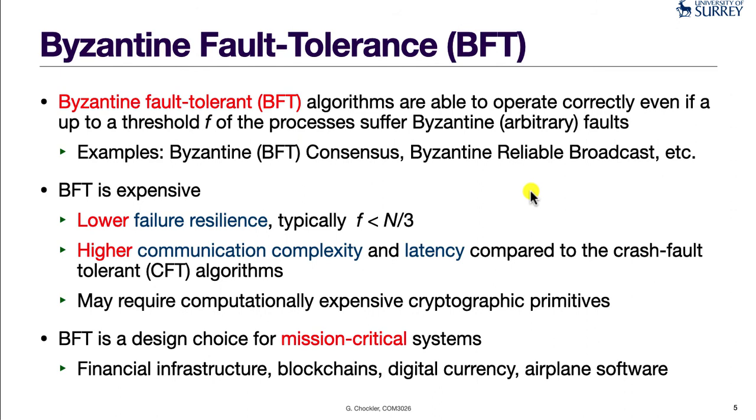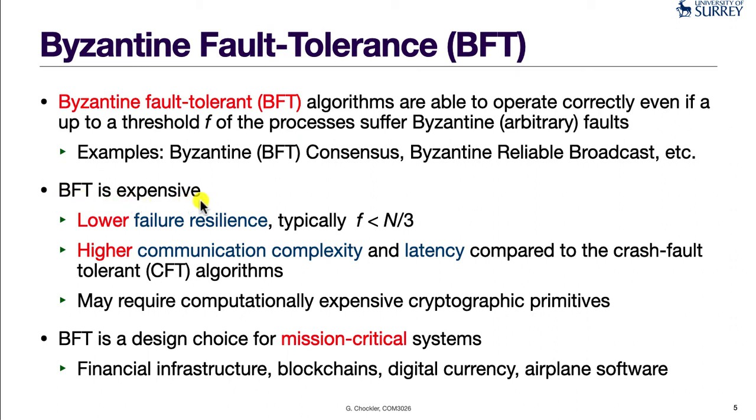So the family of algorithms that are able to withstand Byzantine failures of processes are called Byzantine fault-tolerant algorithms and are often abbreviated as BFT algorithms. So these algorithms are normally able to operate correctly even in the face of up to a threshold F of the processes in the system suffering Byzantine failures. Examples of such algorithms include Byzantine or BFT consensus, a Byzantine reliable broadcast that we will consider in this lecture, and so forth. So one important thing, or a caveat if you want, to keep in mind is that BFT